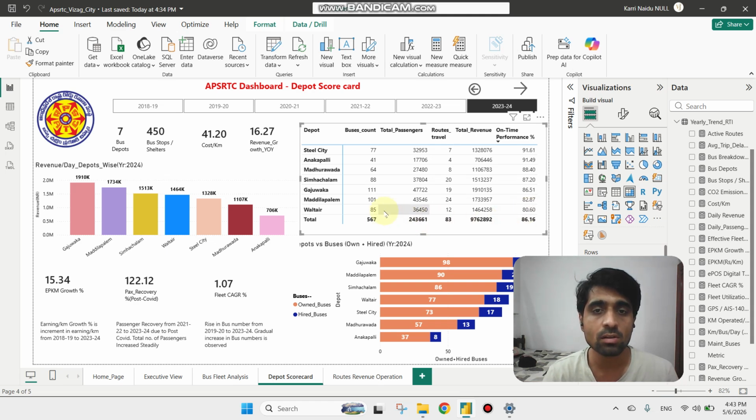So although the number of bus counts is less, when we compare the passenger count, the passenger count of Voltaire is minimal, not maximum, not least. So the bus count is also very less. Despite that, everything, bus count and passenger count, is minimal, but the on-time performance